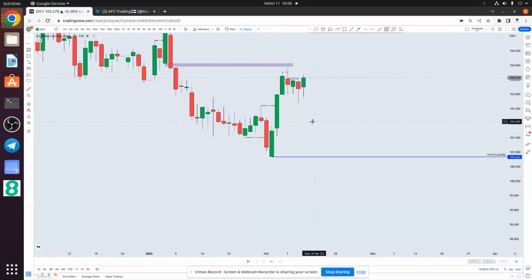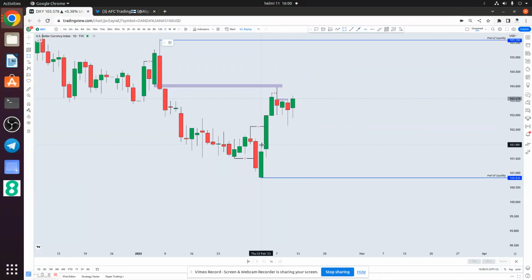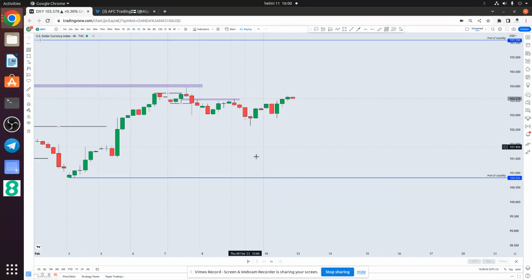we broke structure, and then we have imbalance right here. This is the imbalance, and if you check, this is where 50% of the imbalance is, and price hasn't come back into it. H4,